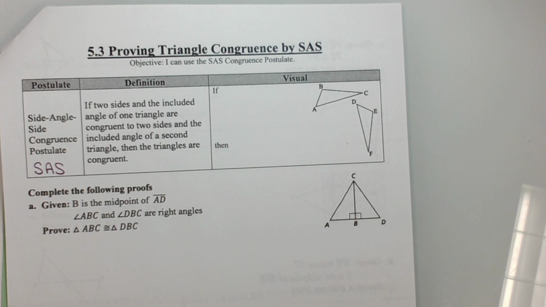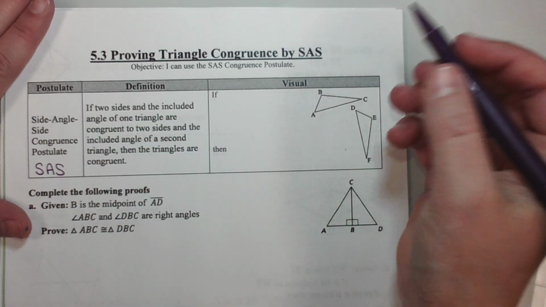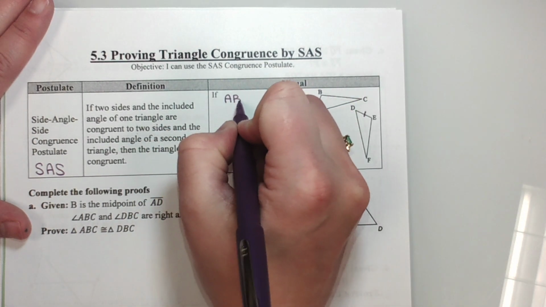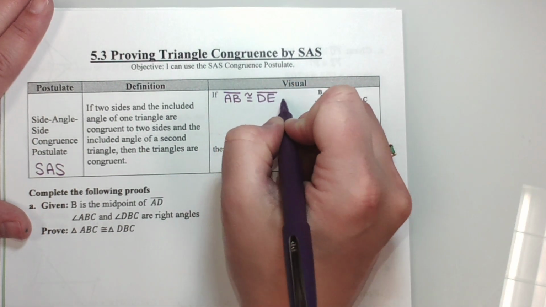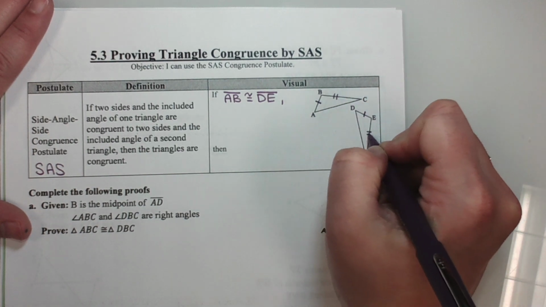The side angle side congruence postulate states that if two sides and the included angle of one triangle are congruent to two sides and the included angle of a different triangle, then the triangles are congruent. Okay, so two sides and included angle. In a picture, that would be like if AB is congruent to DE, but you also know BC is congruent to EF,